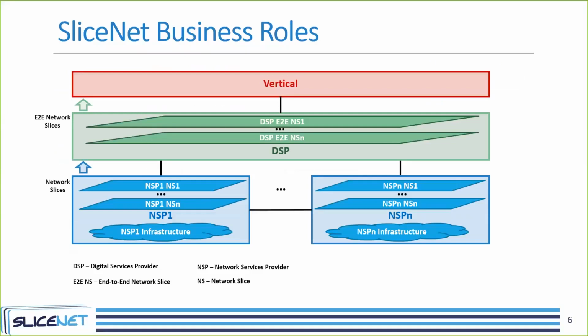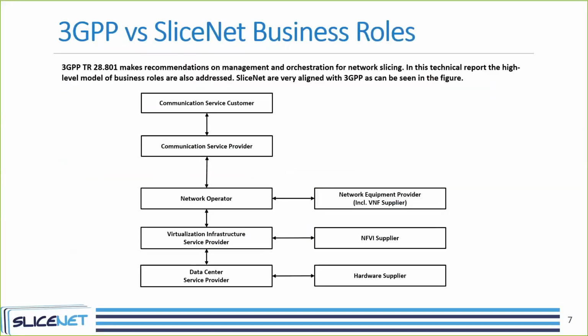Of course, when we started the SliceNet project, we were looking at what was happening in the standardization bodies, and mainly we were focusing on the 3GPP, because they were already starting with some recommendations on network slicing. And they have this technical report 28801 that makes recommendations on management and orchestration of network slicing, and they have there, among other things, this figure